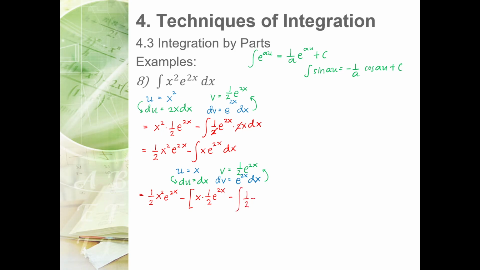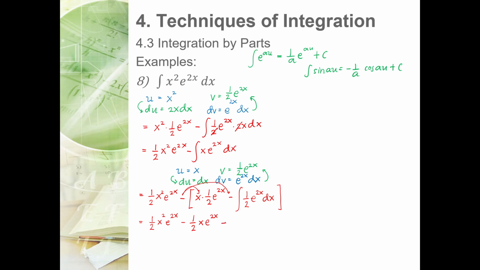So 1/2 e raised to 2x dx. So expanding, we now have 1/2 x squared e raised to the power of 2x minus 1/2 x e raised to the power of 2x. So minus minus,